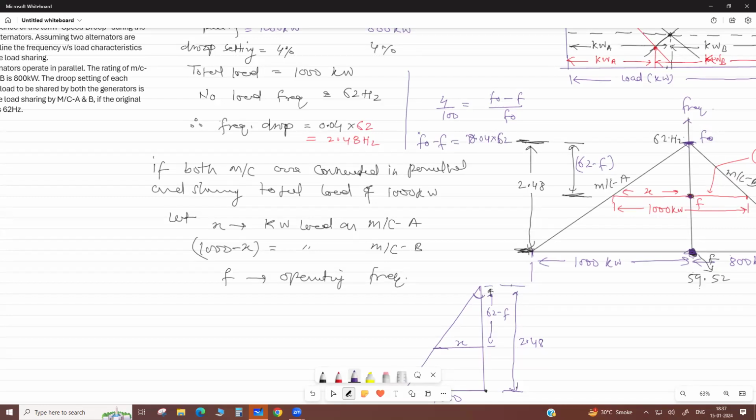So this is the frequency drop we calculate. Then this frequency minus drop, so we get this bus bar frequency at full load. Okay, clear? This speed frequency drop we calculate from no load to full load. क्लियर सर, थैंक यू।